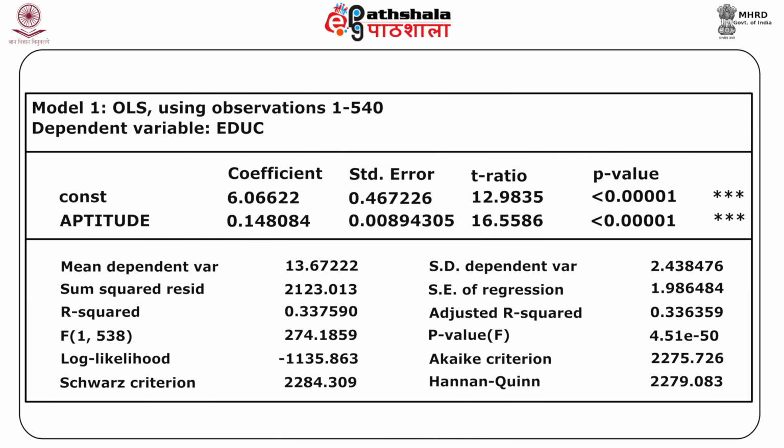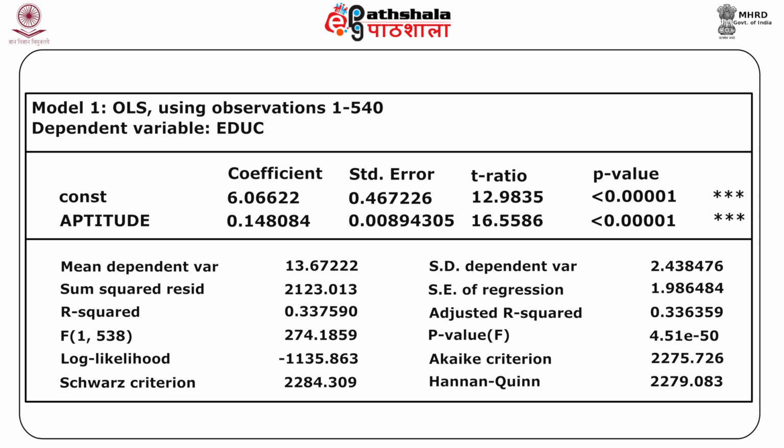So we have model 1 where we have OLS using observations from 1 to 540. 540 is the number of observations, and our dependent variable in this case is education. The output gives us the constant, and we have the coefficient, standard errors, t ratios and p values. You are all familiar with all this. And we have the explanatory variable aptitude, and we have the coefficient, standard error, t ratios, p values of all